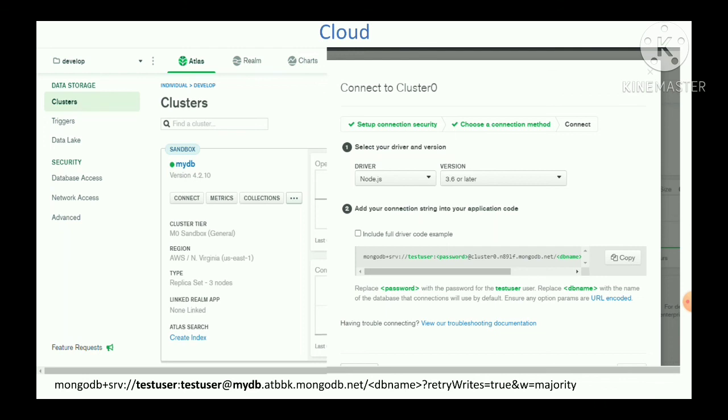So I chose mydb, and the remaining part is provided by MongoDB. If you want to connect your application to your database, you need to copy and paste it in your appropriate code base.